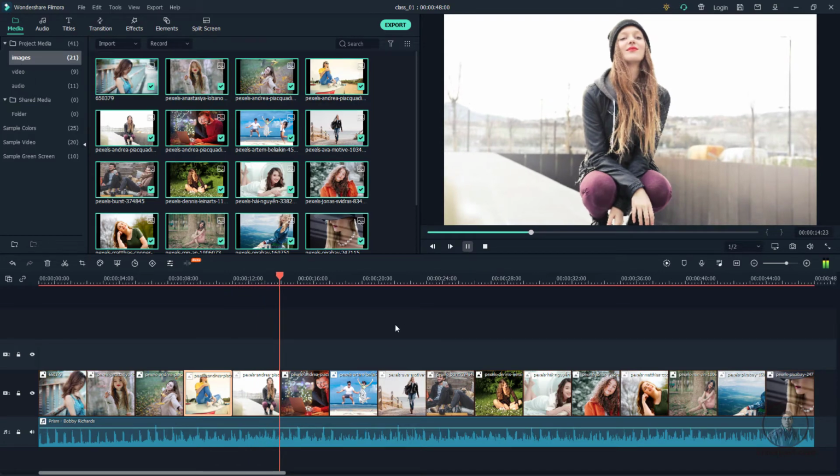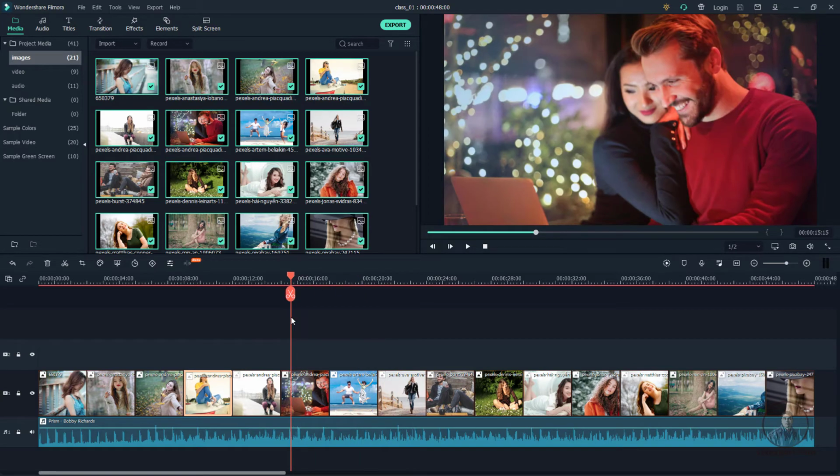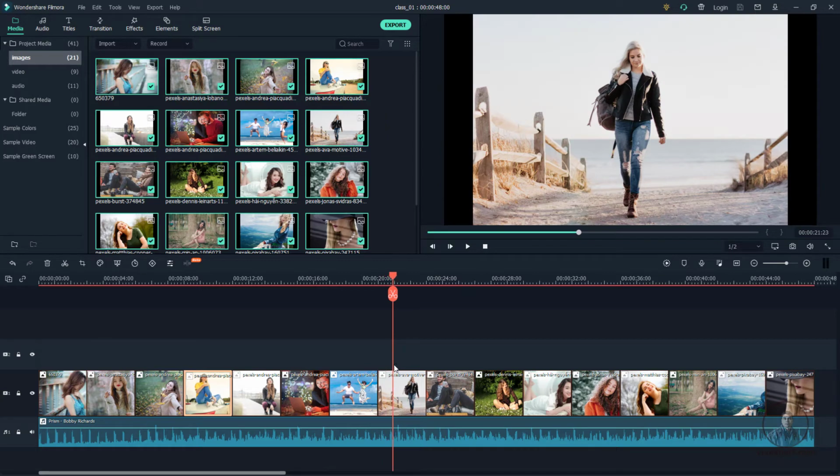Till here, press Control S. Now after this I am going to start our manual animation in Filmora, because with the help of the pan and zoom option you can only zoom and pan your media, not create rotated image animation. With the help of manual keyframe animation, you can also create rotated animations. If you want to rotate, zoom, pan, all these things, you can easily create them in Filmora with manual keyframe animation.